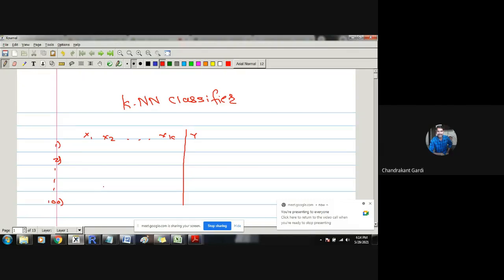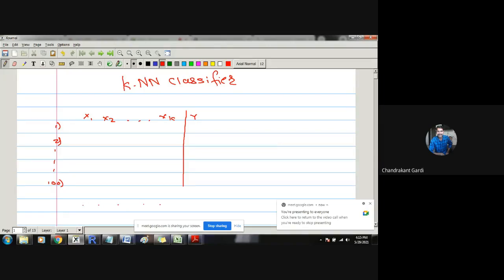So I'll start. In the previous lecture, we have seen what is KNN classifier. As seen earlier, it is a tool used to classify a given observation in certain categories. Now, suppose the response variable y is having three categories. So whenever a new observation has been identified, we can classify that particular observation to either of these three categories.